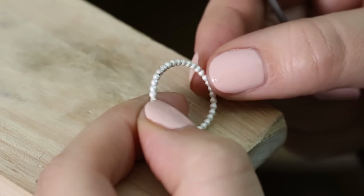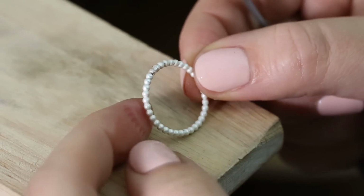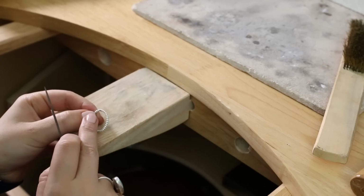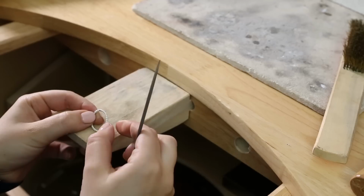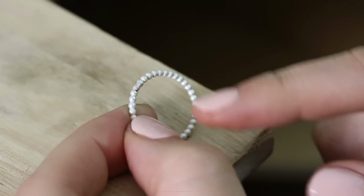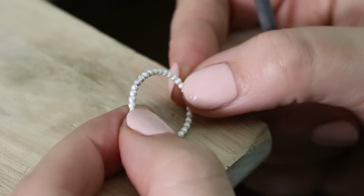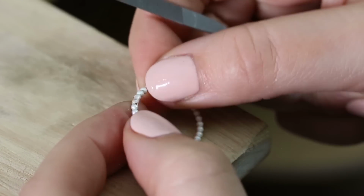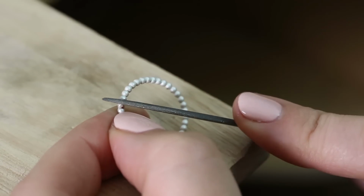So now I've taken my piece out of the pickle and you'll see it's a kind of frosted white colour, and what I want to do next is just file away at the area where I've just done my solder joint to make it look like all the other bits. So we want to make it so we can't really tell which part has been soldered. So find your solder joint, and I'm going to get a needle file and just supporting my work, just going to go in there